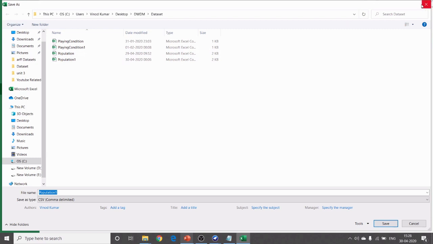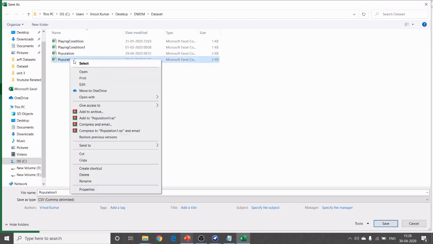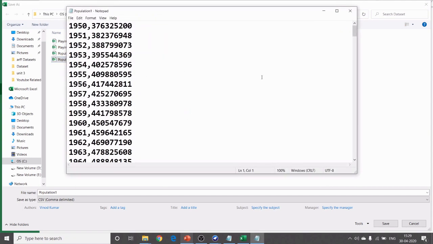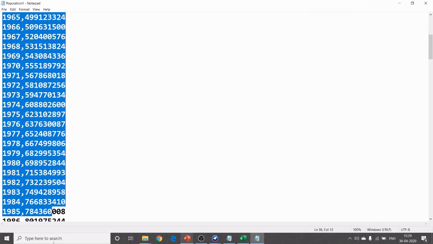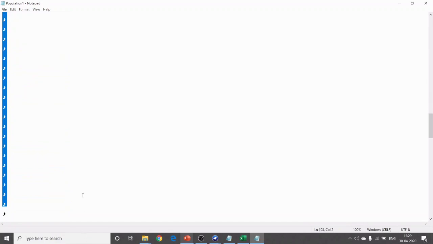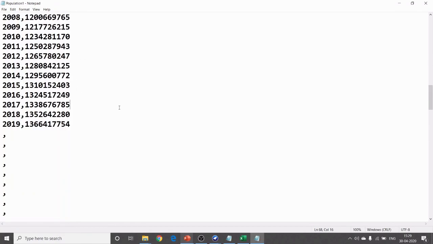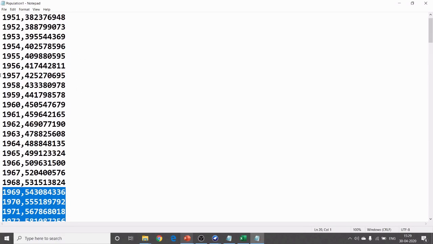So the next step is to open this file in Notepad. In Notepad, whenever you open it, you get this data set comma separated, and you have to copy this data.